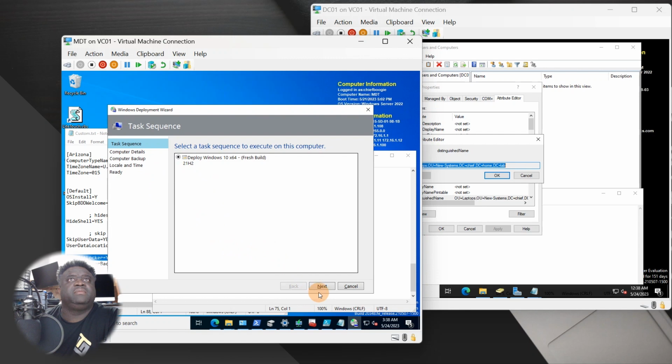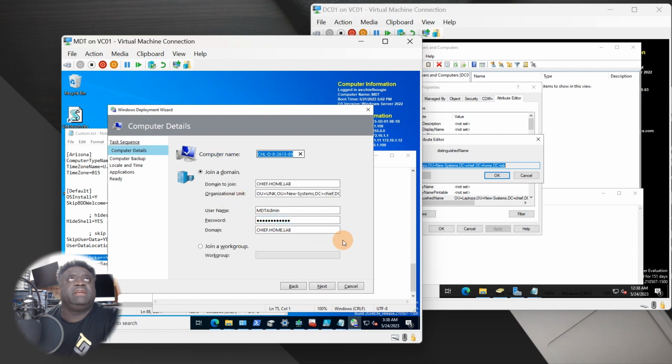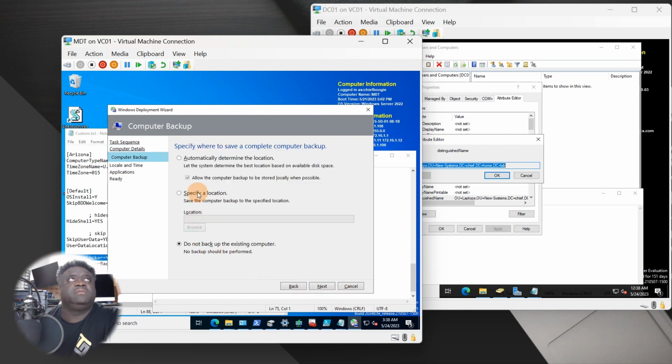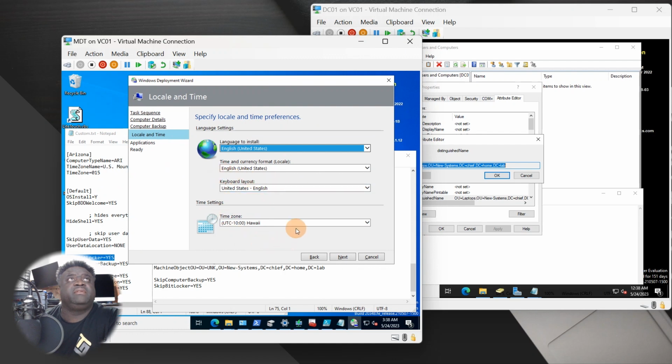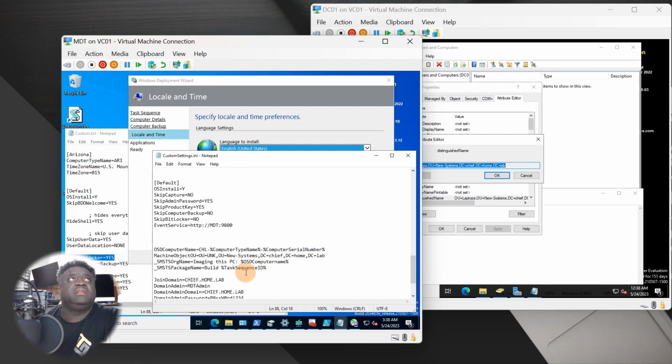Still see backup, so may have to. No backup should be found. So let's look at locality. We come back here. Okay, so here, right here, as you can see, everything here is set to US English and the time zone is Hawaii. In here,